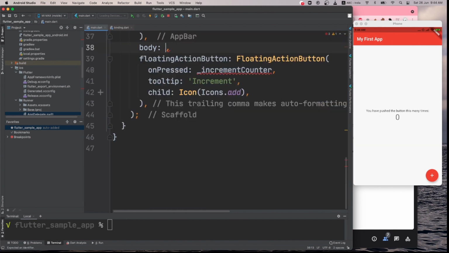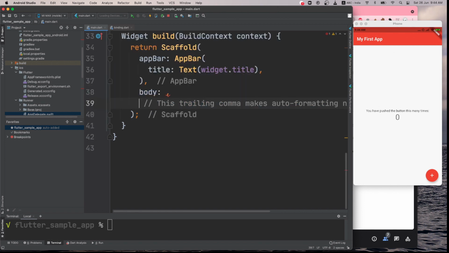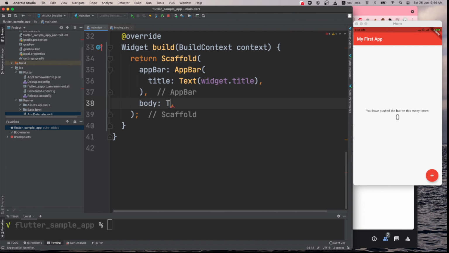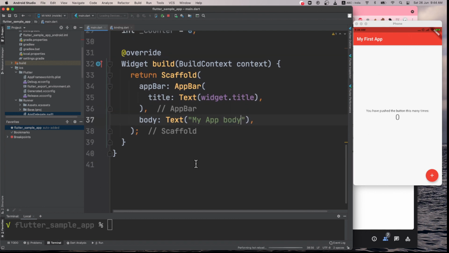Okay, and I don't need this also. So in the body I can pass text, and if I save it, this will be a very simple application that you can see, right? You can see my app body. This whole screen is available for you now.